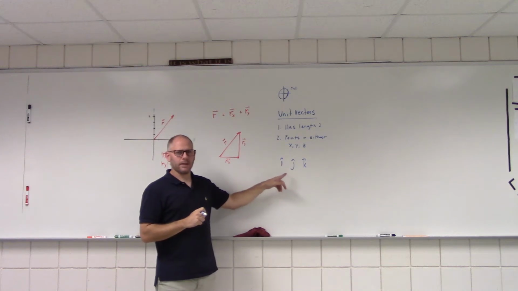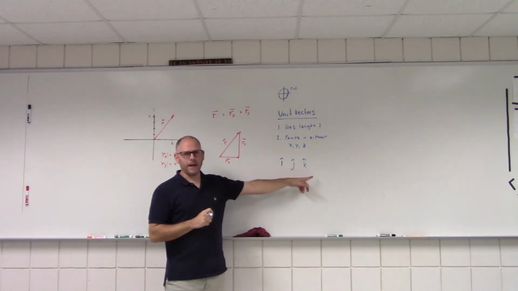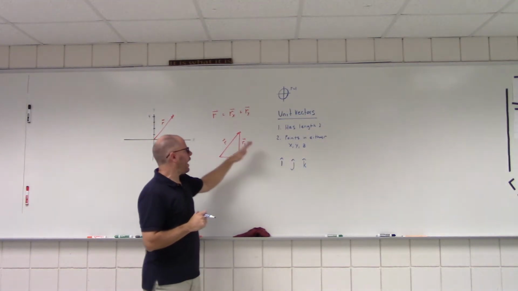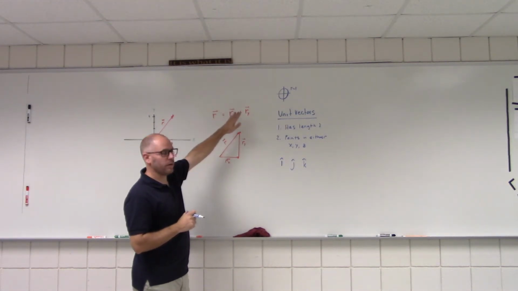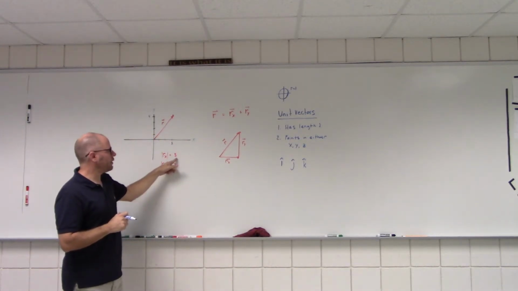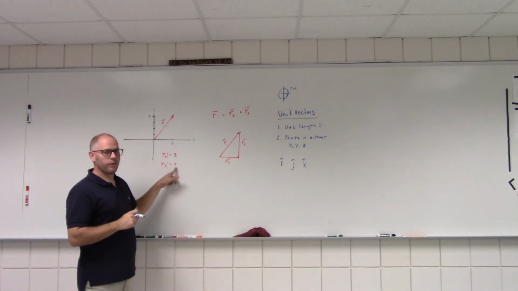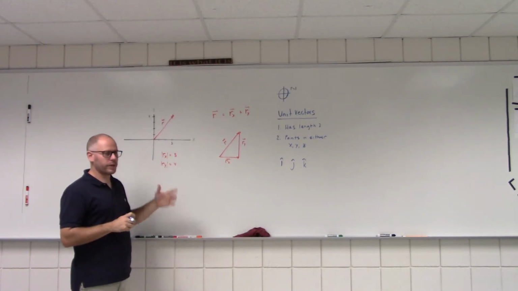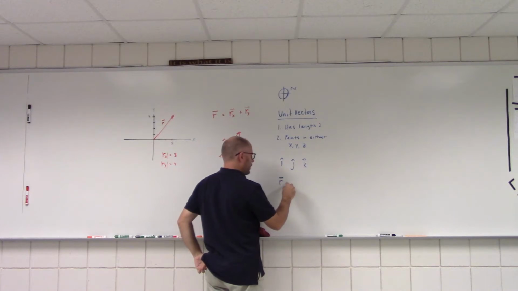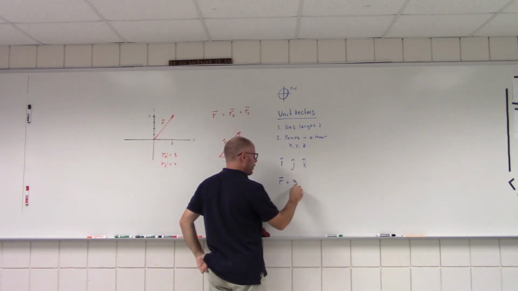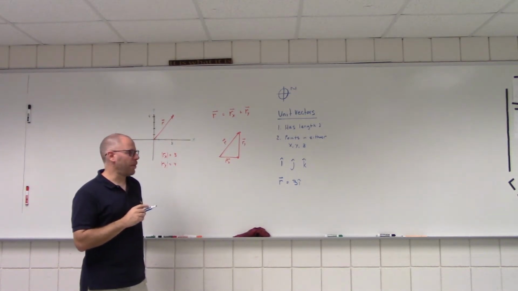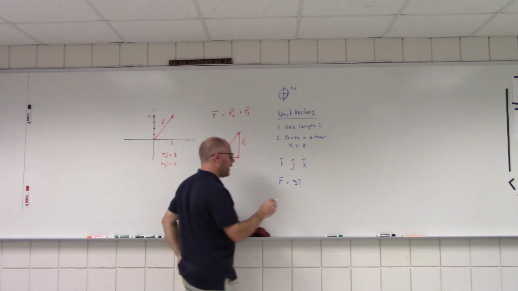So i hat, j hat, and k hat are our 3 unit vectors. So how do I express this r? Well, I know that it's 3 in the x direction and 4 in the y direction and 0 in the z direction. So my r vector is going to be equal to 3 i hat, which means it's 3 in the positive x direction, plus